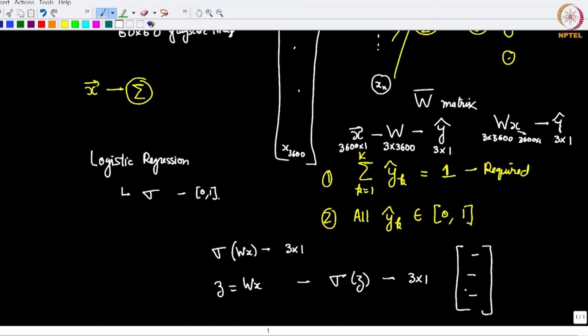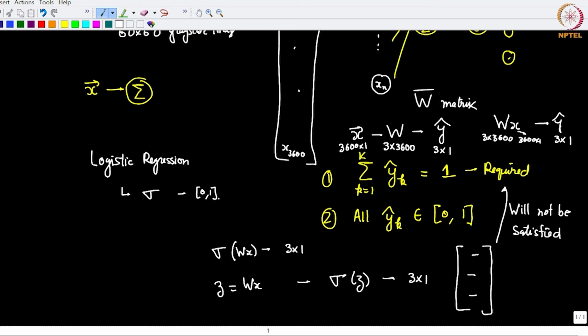Now, why not use that? There is one small problem, the problem is this will not be satisfied. If you arbitrarily apply sigmoid to 3 random numbers, you are not certain that the sum of those numbers will always stick to 1.